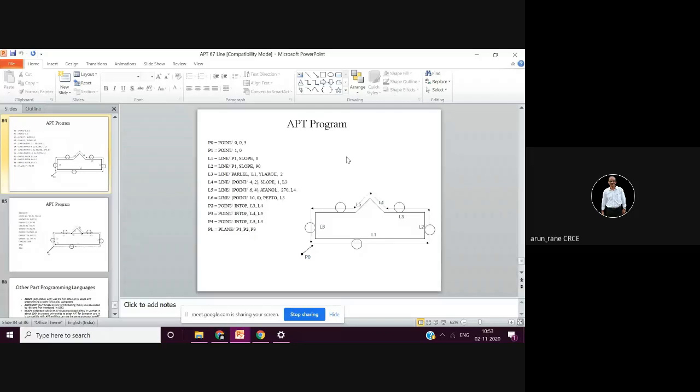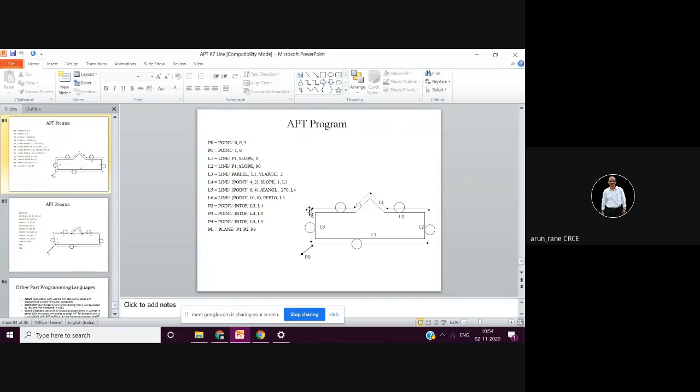So go DLTA comma P2. Above that you have already written P1. So from P1 it will go DLTA point P2. Then again go DLTA point P1, so the drill will come up. If you want to move the drill in feed.